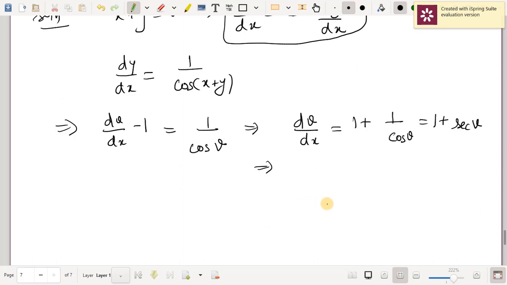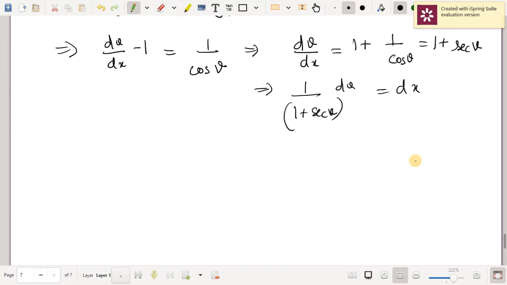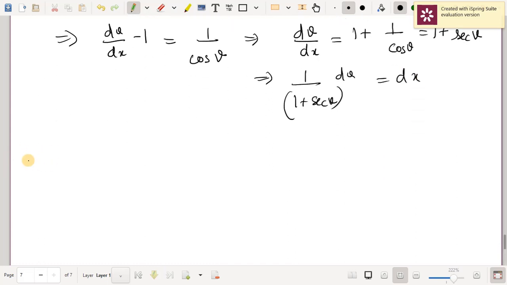This can be easily separated. So I get 1 by 1 plus sec v into dv is equal to dx. You just need to integrate this to get the solution. So integrating,